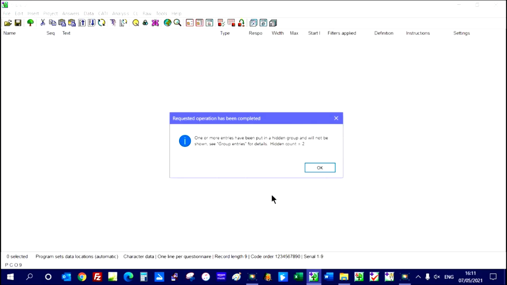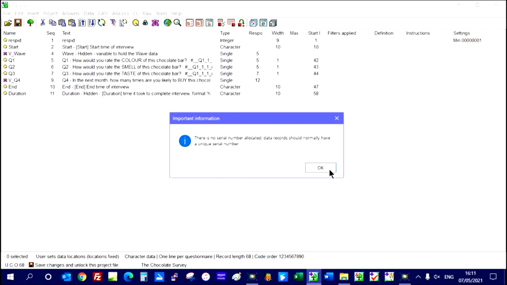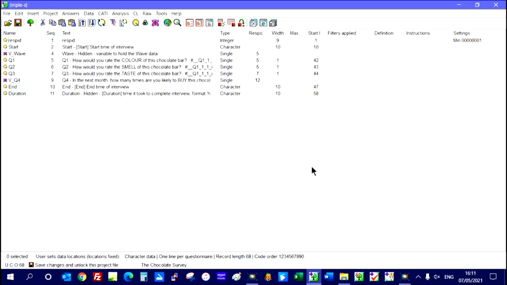Immediately we see a message saying that one or more entries have been put into a hidden group and will not be shown. More about this later. Clicking OK, we see that the file load is completed, and we are advised that there is no serial number allocated. After clicking OK, we are positioned at the main window, ready to save the file by clicking the Save